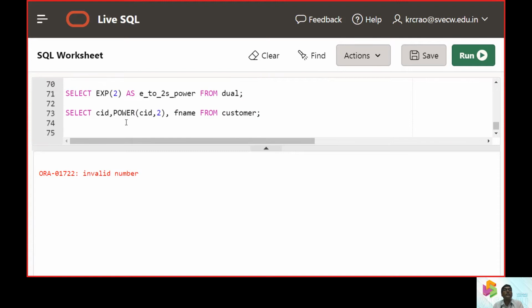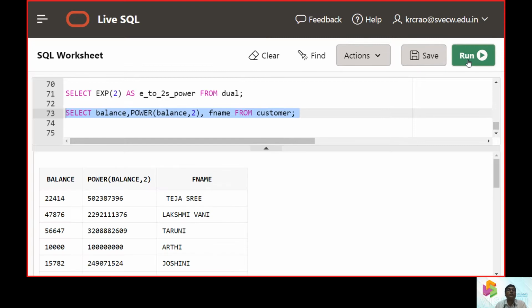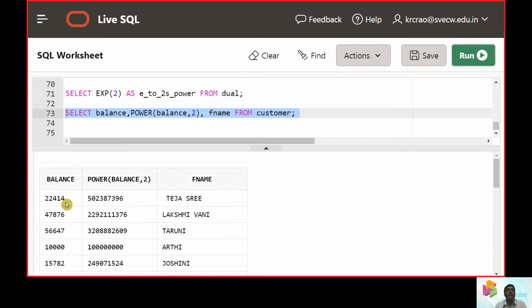What we can do is put balance instead of CID and see balance square, how it goes. You can see for each and every 26 rows, the original balance is printed, and thereby we get the power of that balance, and we ask to display the first name of the customer.